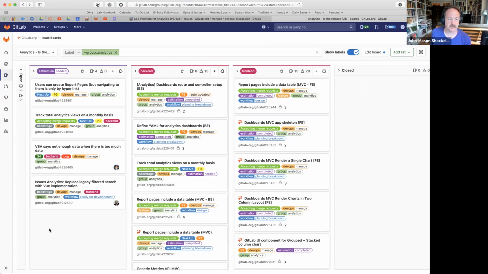One tricky thing with boards I discovered this week is that you cannot both look at items in a milestone and items not assigned to any milestone at the same time, which is really a pain. It would be nice to be able to see all the things that are estimation needed and not assigned to any milestone, and then just be able to drag them over to assign them, but no can do.